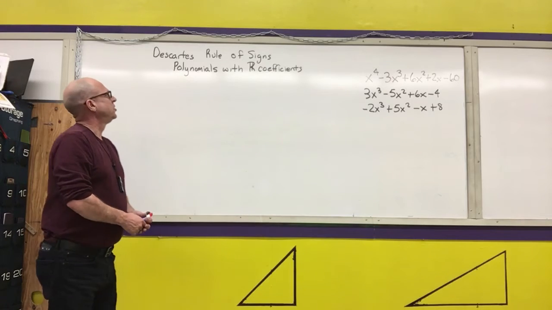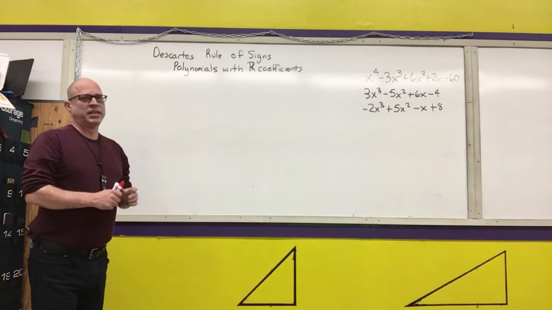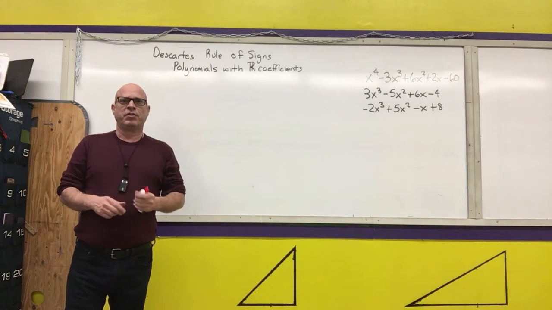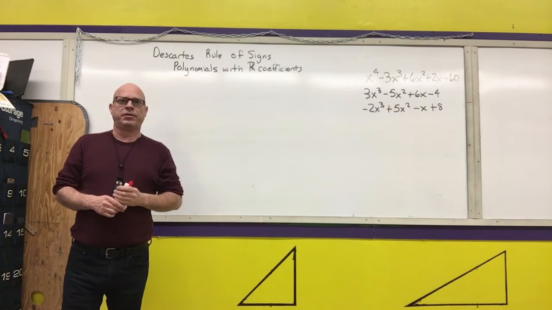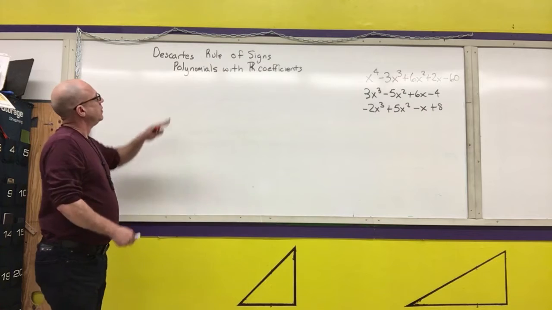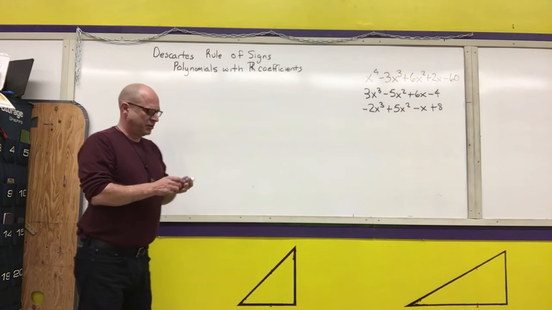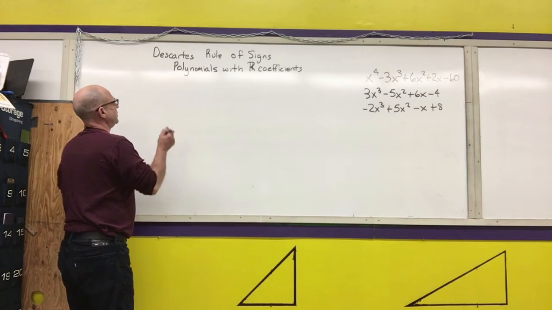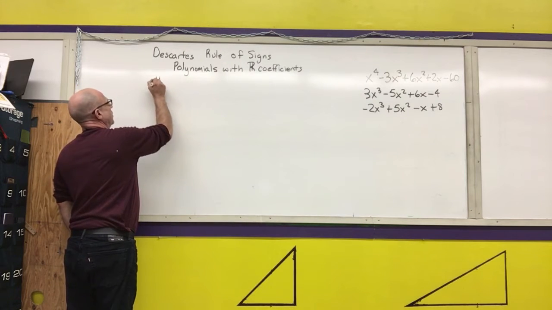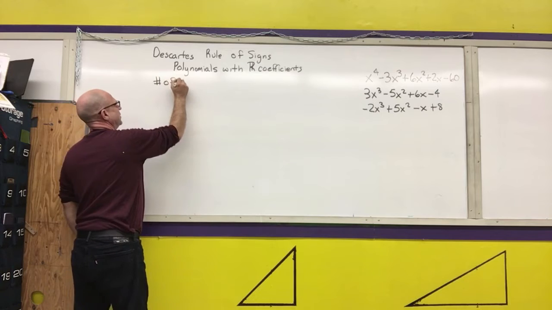Our next item of discussion is what is called Descartes' rule of signs. Descartes' rule of signs is going to help us when we go to try to factor polynomial functions. It works with polynomial functions with real coefficients, and it tells us that the number of positive